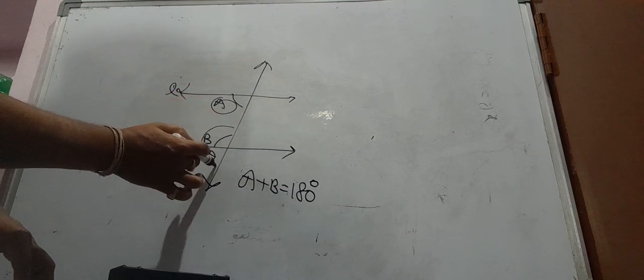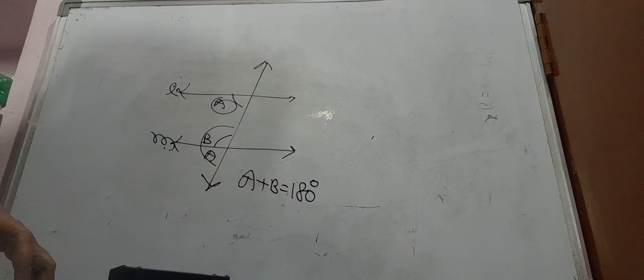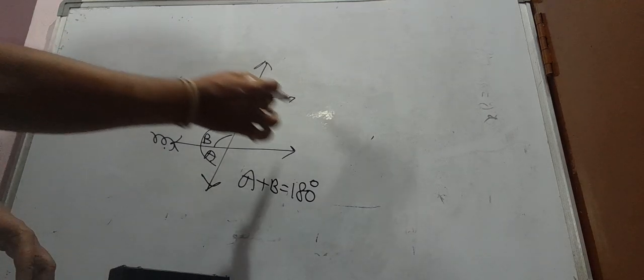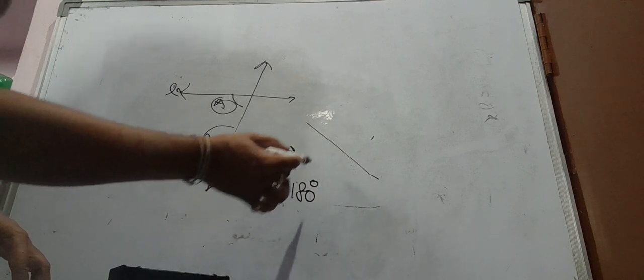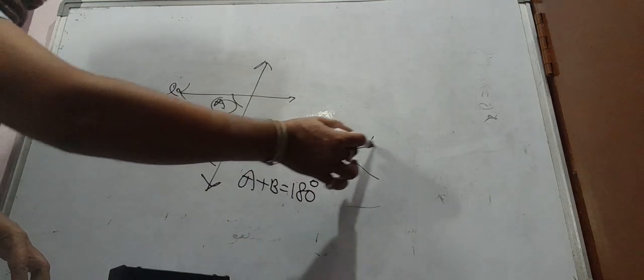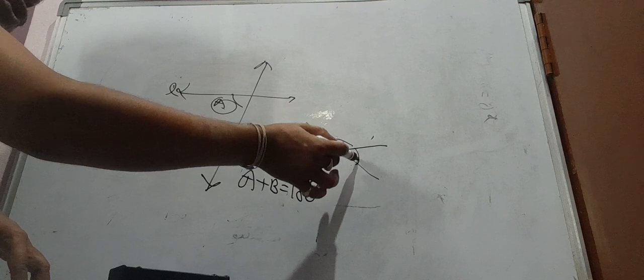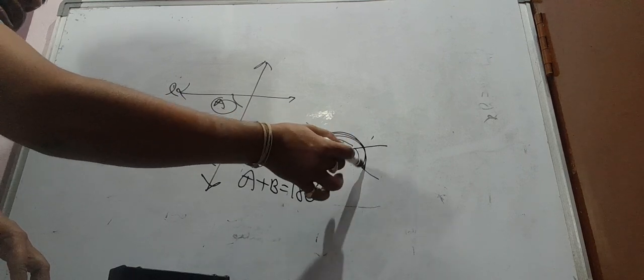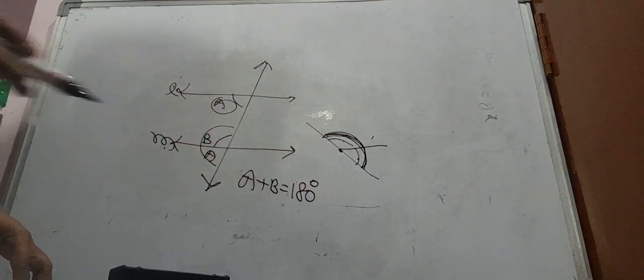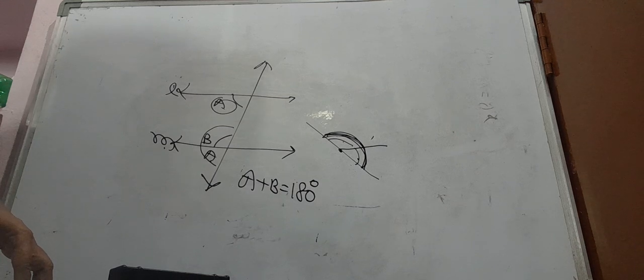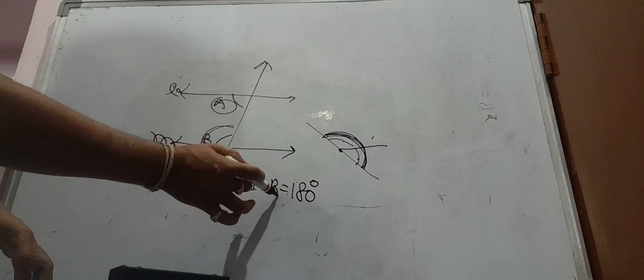But A and B are what here? They are a linear pair. In my Facebook channel, one day I explained to you about the linear pair. See, here again I will explain. This is a line, and on the point if an angle is made, these two are called a linear pair. See, it is looking like a protractor. The maximum angle that can be measured with a protractor is 180 degrees, children. Therefore here A plus B is equal to 180.